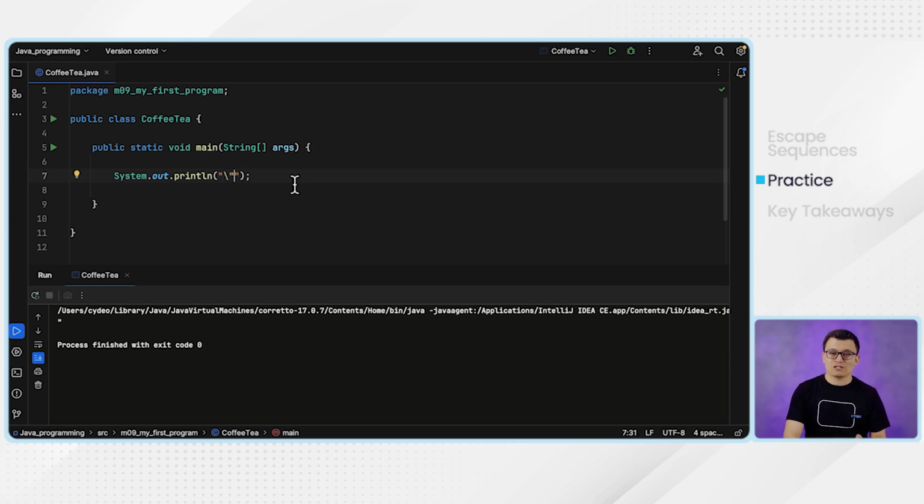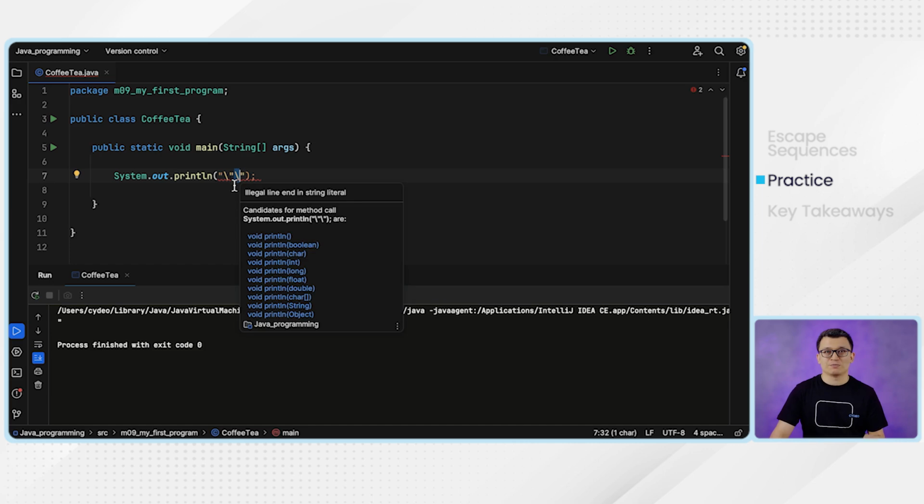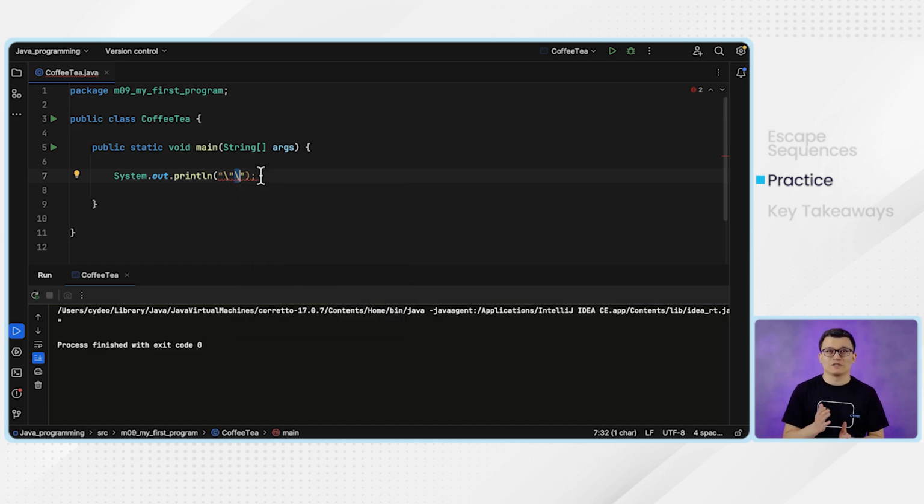So as for the backslash, if you just give one single backslash character, you see, it's not going to get you a backslash character on the console. As a matter of fact, right now it's giving you this error. The reason it's giving you an error is because every single time you give one single backslash character, the compiler automatically assumes that you are trying to give an escape sequence,